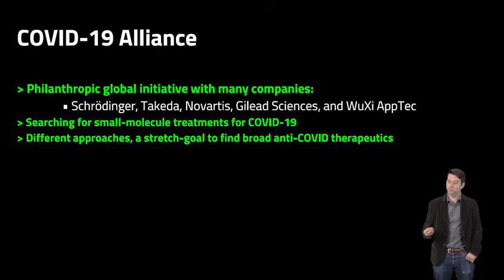The goal is a small molecule that you could take in a pill. That would be wonderful. Then people can take it home and treat themselves. This is something that a lot of research is going into, not just in this alliance, but we're very happy with how we're contributing to this alliance. There's a bunch of different approaches. We're targeting different proteins and things like that. But it would be great, it's not a requirement, but it would be great if we could create a therapeutic that was actually across multiple SARS-CoV strains. That would make it so that if this thing mutated, we'd have a therapeutic already ready that would help be able to treat it.